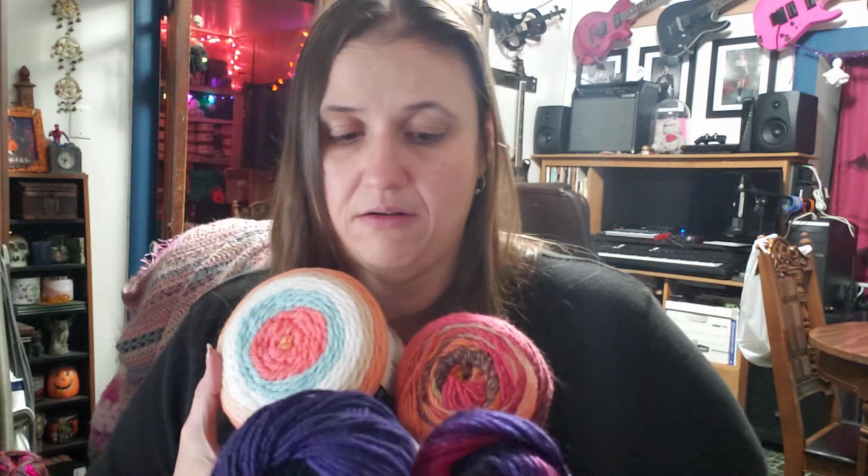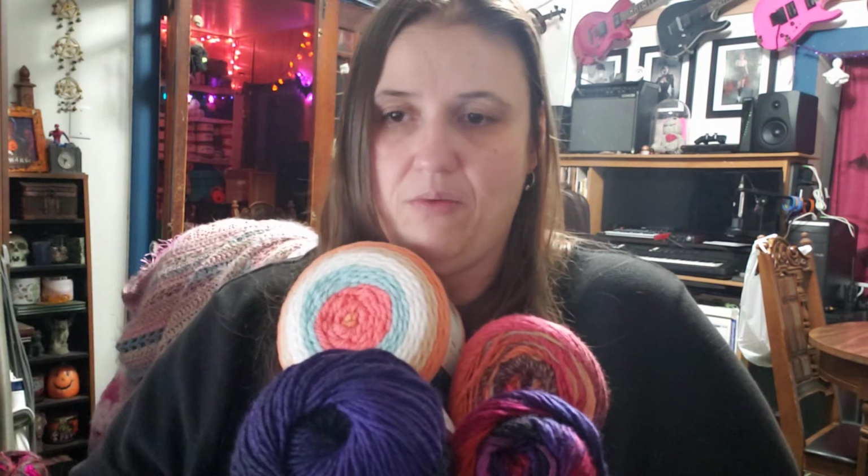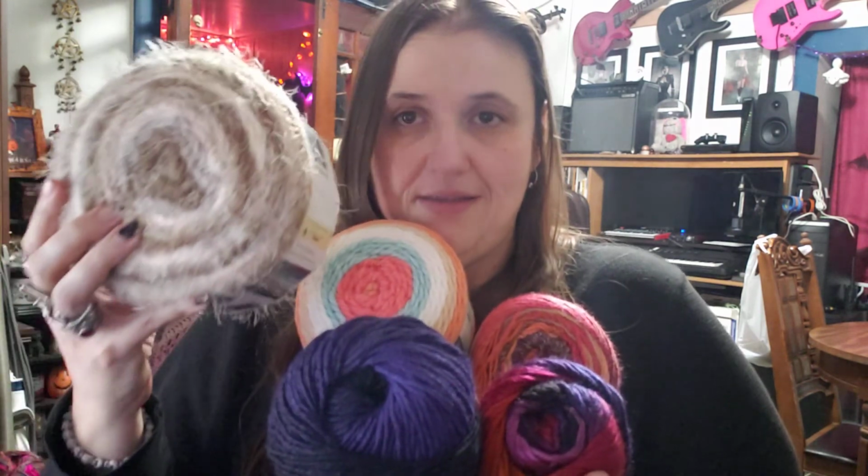But anyway, what are your favorite yarns? What do you like to work with? What kind of fiber do you like to work with? I like acrylic. I mean, it's versatile. And for giving it away, you don't have to worry too hard about care instructions. You do, because everyone's different. Some of these say you can't wash them, but